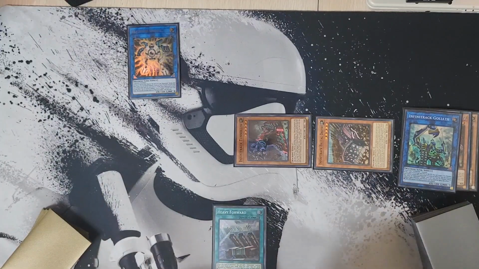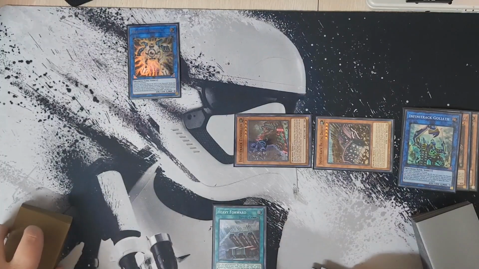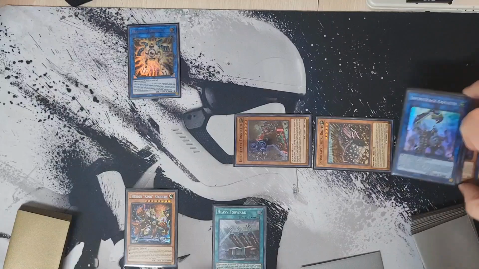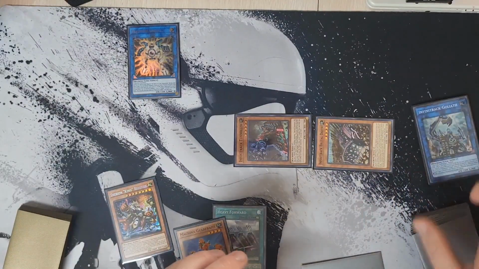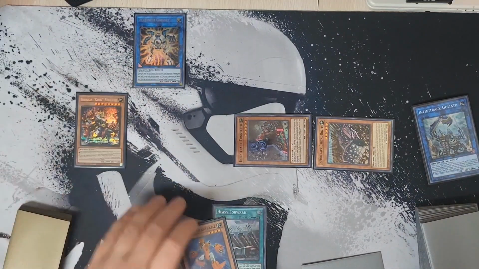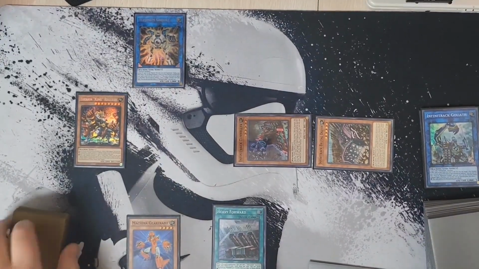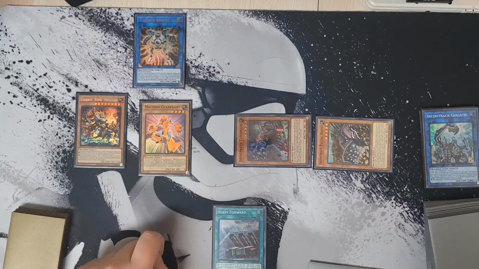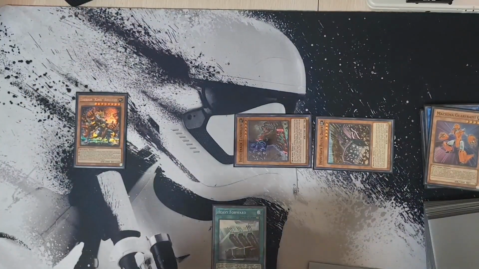Now we can do something kind of cool. Activate our Regulus, equipping the Machina Gear Frame from our graveyard to it. Now our Gear Frame can either equip itself to a card or unequip itself from a card. So we'll unequip the Gear Frame from our Regulus, and then we'll link these two into our copy of